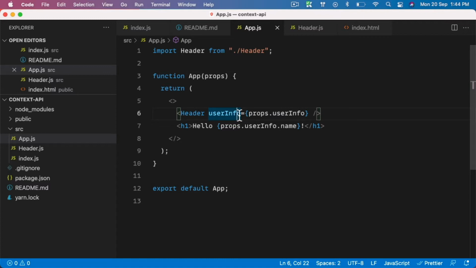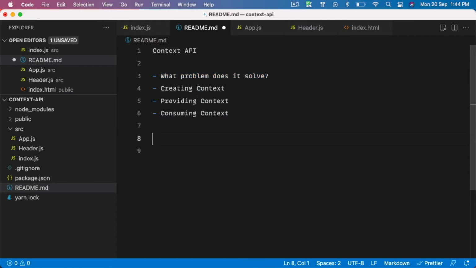But imagine what happens when you have multiple components to take care of. Say, for example, you have your index component. From index, you need to go to app. From app, you need to go to homepage. And from homepage, you need to go to header. So this is one route that we can take in future. We can also have a lot of different components coming in the middle, because the bigger your app gets, the more components you will have to pass through to send information from index to header.